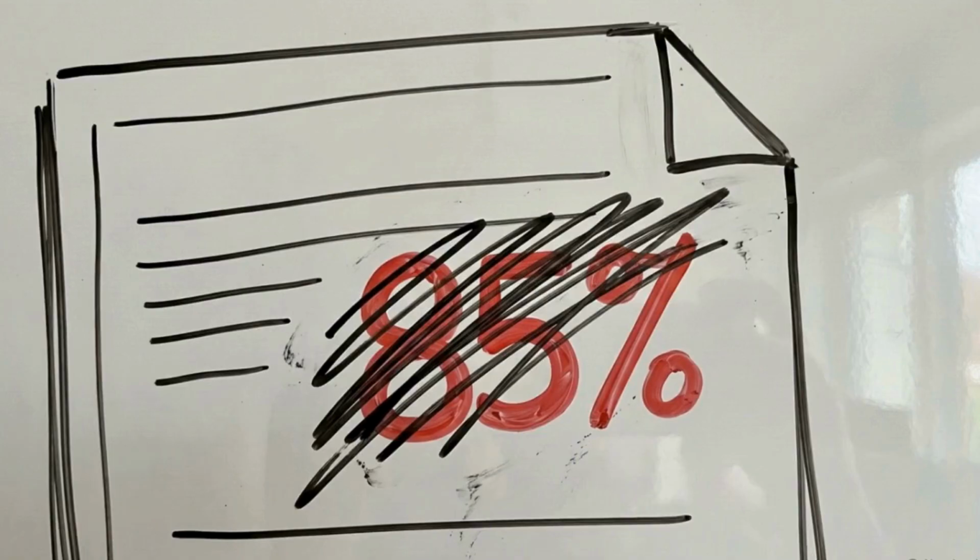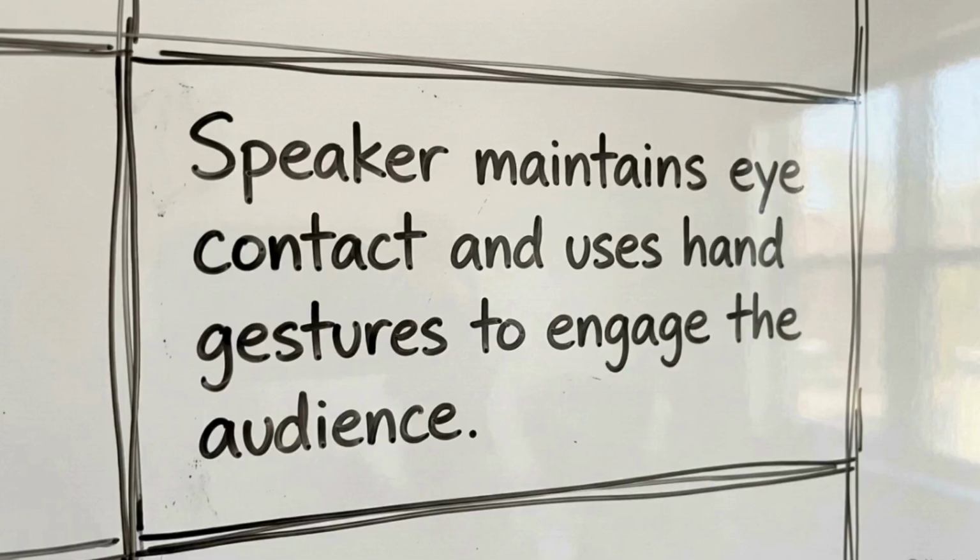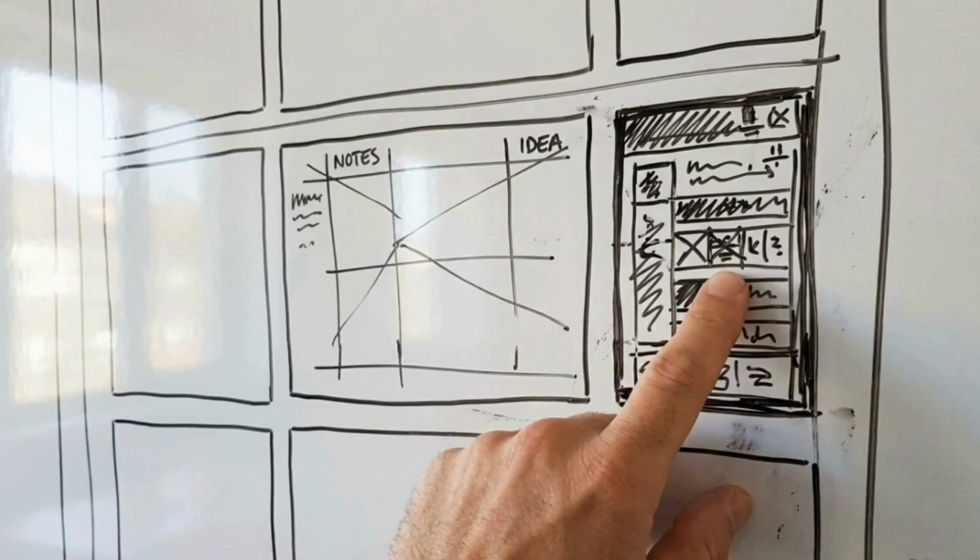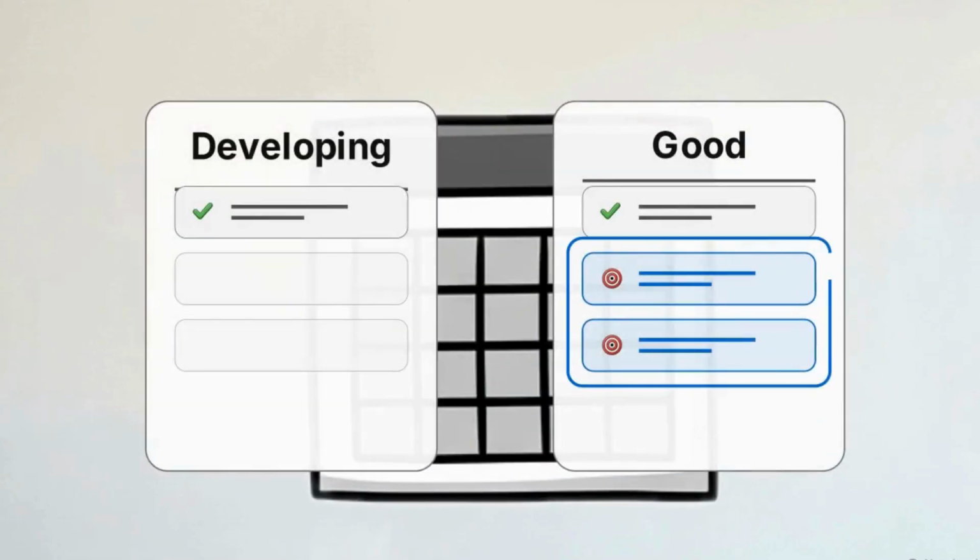Instead of just giving a numerical mark, use the boxes within the grid to describe what each level looks like in practice. These descriptions provide an actionable path for improvement. A student at the developing level can see exactly what specific changes they need to make to reach the good